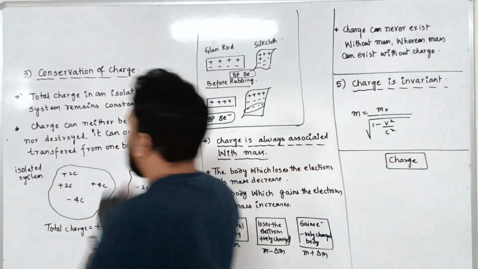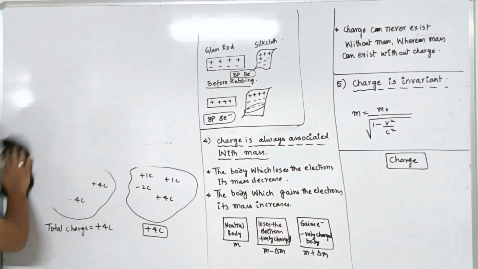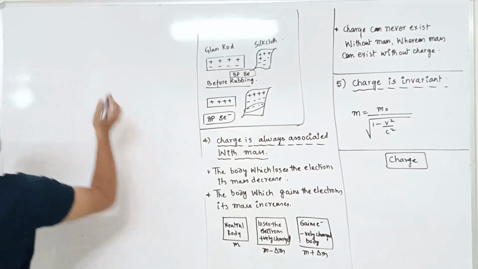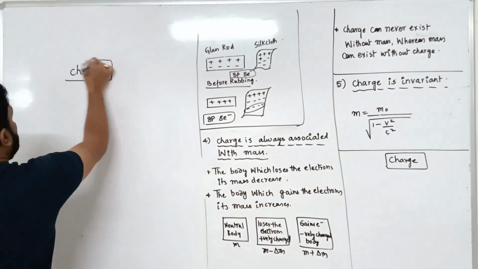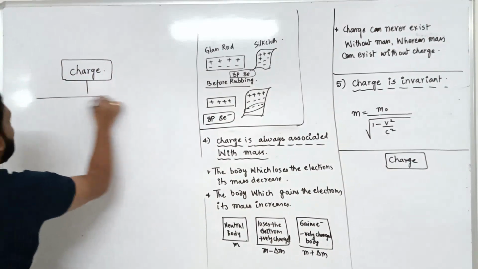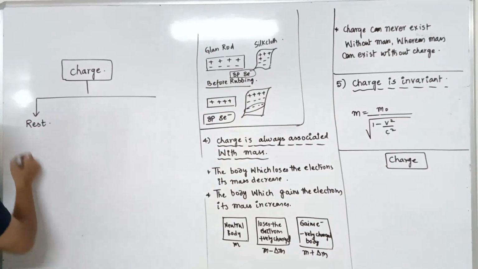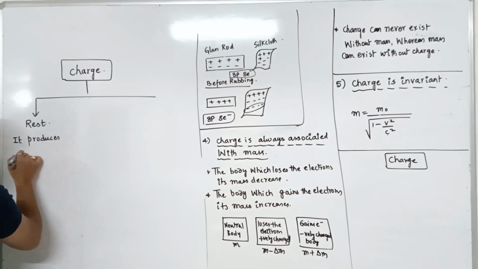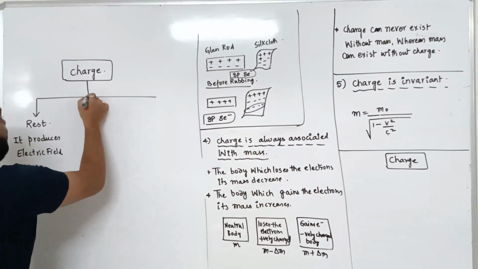See, we have seen the electrostatic part, where the charge is at rest. Whenever the charge is at rest, it gives an electric field surrounding it. What do I mean by this? Whenever the charge is at rest, it produces an electric field surrounding it. Whenever it is moving,